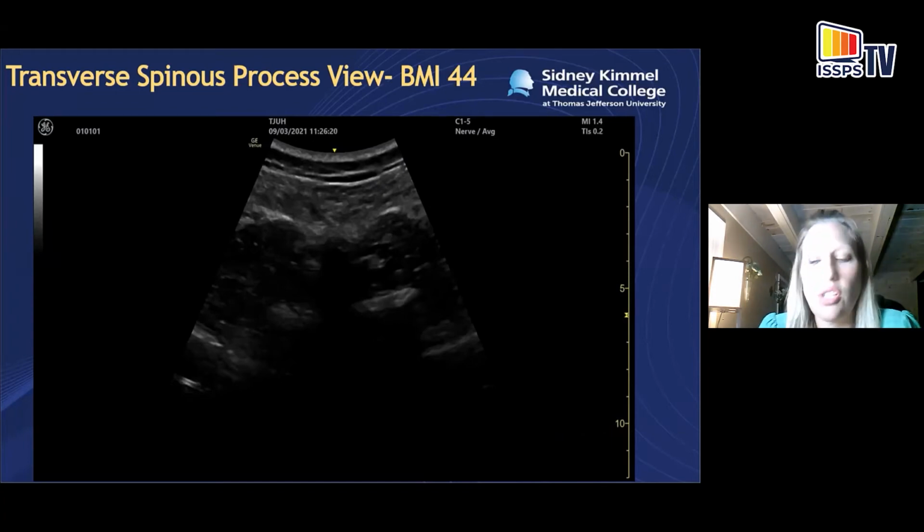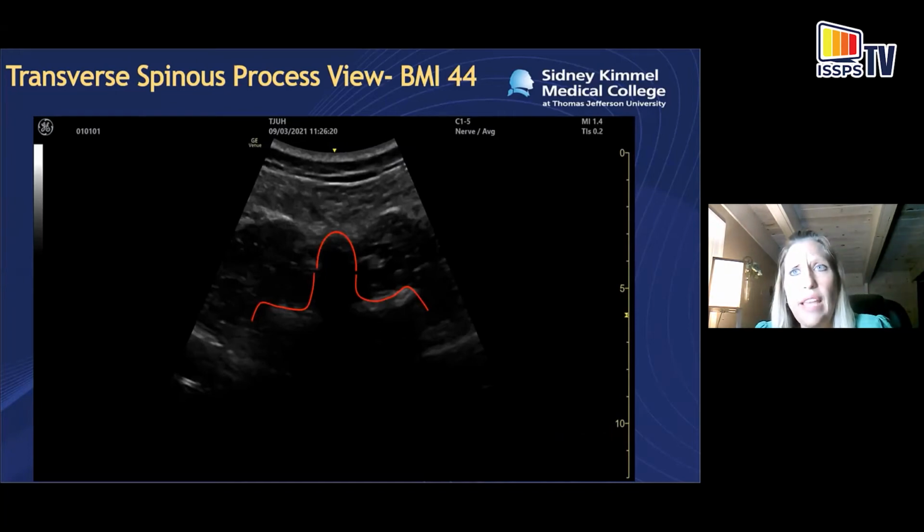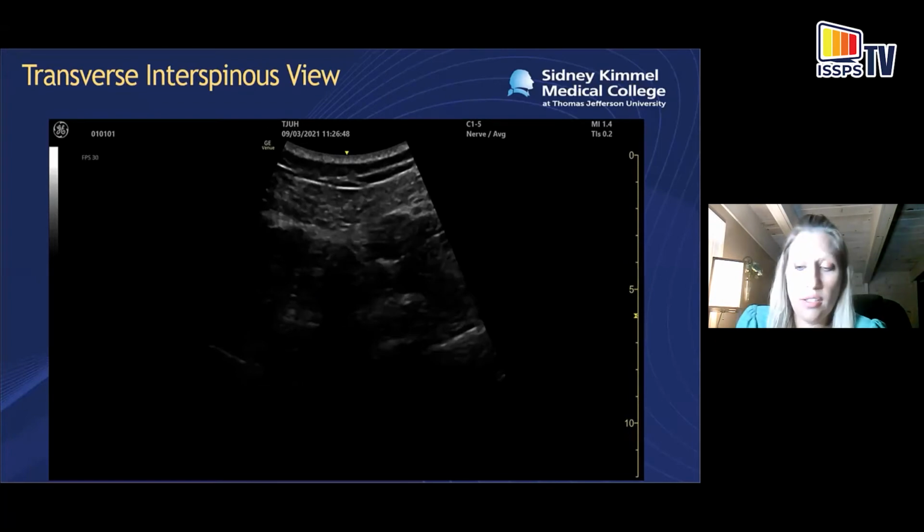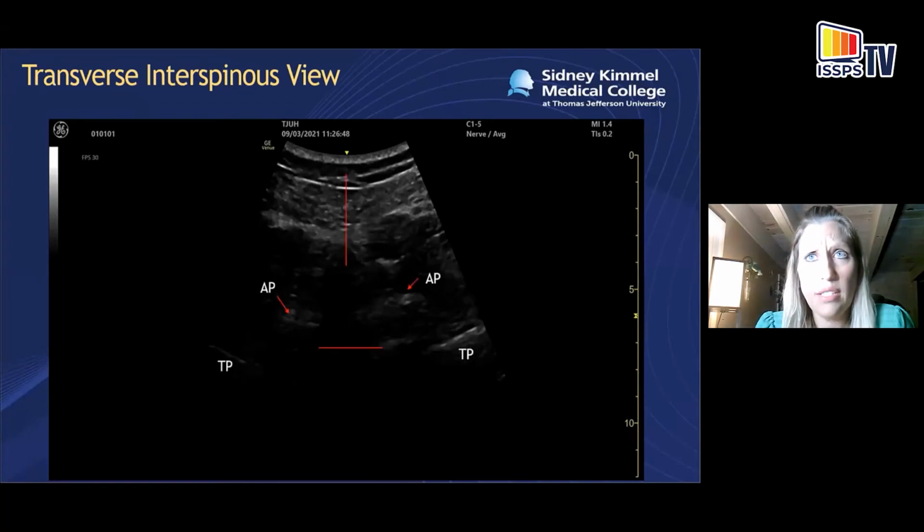So I first started looking for my spinous process and my midline, and here you can see the spinous process and there the lamina. So it's kind of the swan taking flight. That gave me, we were able to mark midline, then moved in to look for the interspinous view into the interspace. And we could see the shadow of the interspinous ligament. You can see the articular process there.